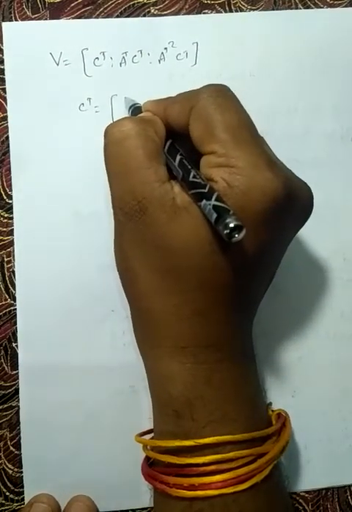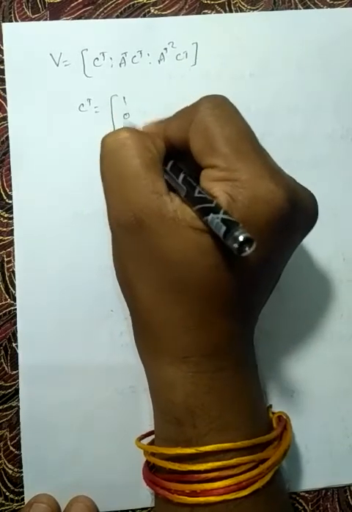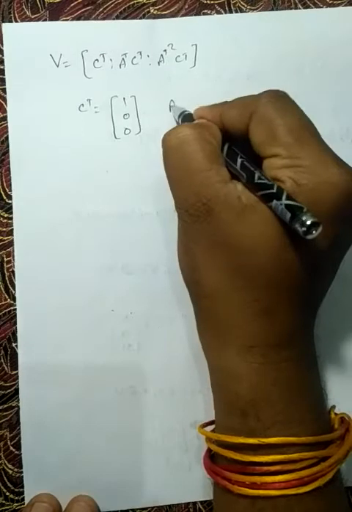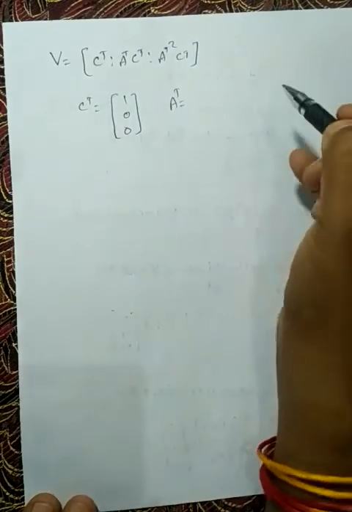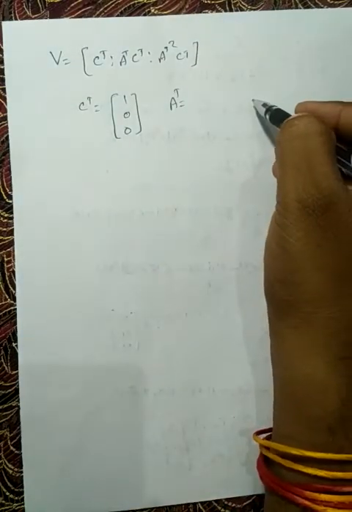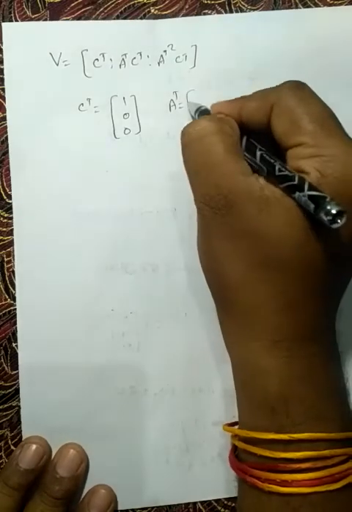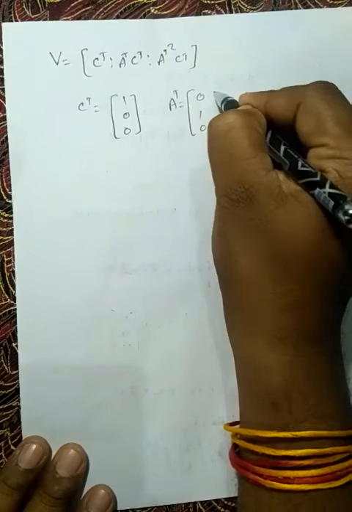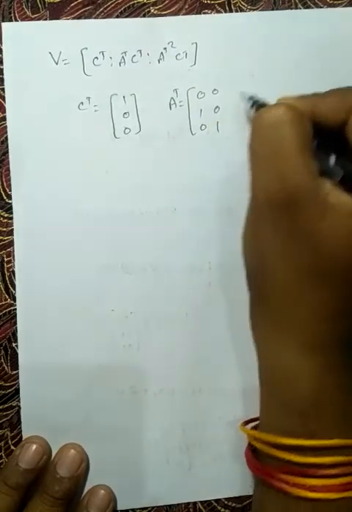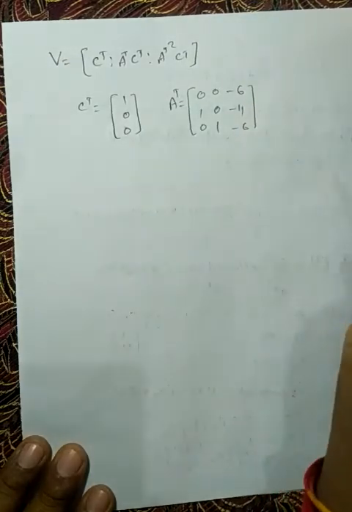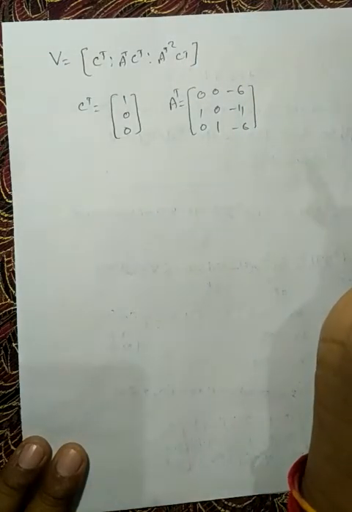So CT is 1 0 0. AT is 0 1 0 0 0 1 minus 6 minus 11 minus 6, and